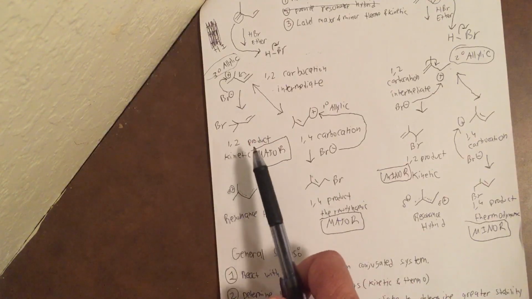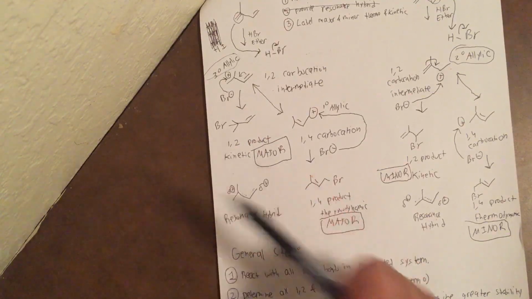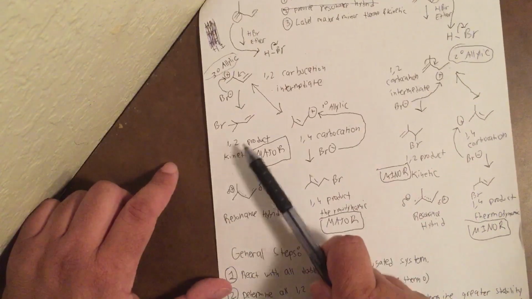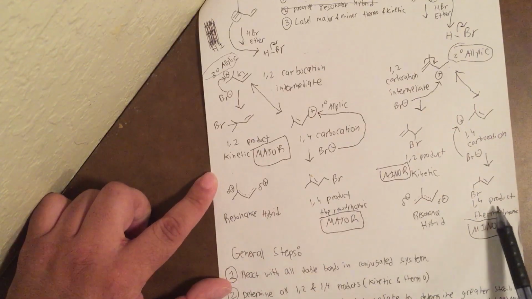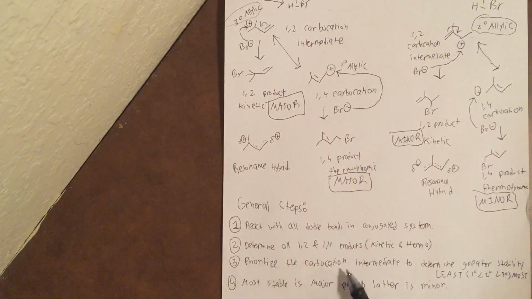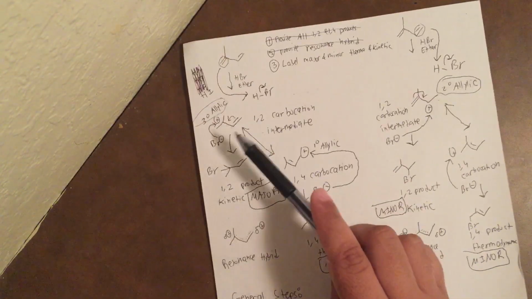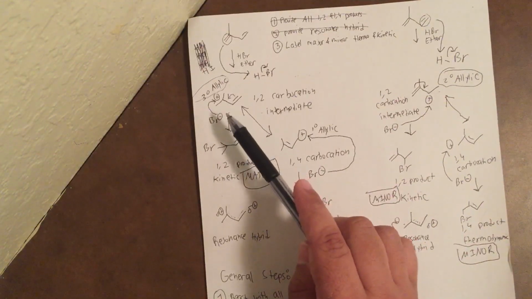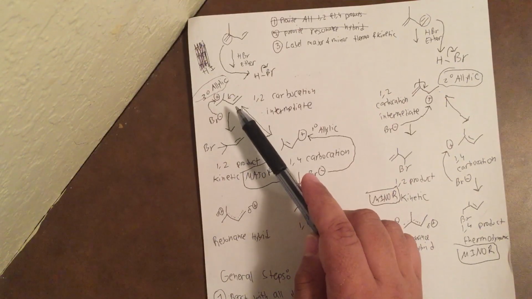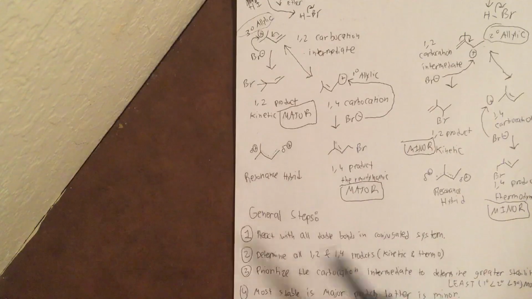And then we deduced that the 1,2 product is kinetic. Before I gave the major and minor titles, we knew that this 1,2 product is going to be kinetic, this 1,2 product is going to be kinetic, this 1,4 product is thermodynamic, and this 1,4 product is thermodynamic. Then step 3 is prioritize the carbocation intermediate to determine the greatest stability. So least stable would be primary, then secondary, then tertiary. And like we said, this is a tertiary allylic. This is a secondary allylic. So my tertiary allylic carbocation is going to produce the more stable products, which leads to step 4,